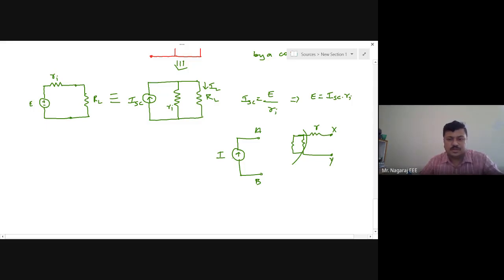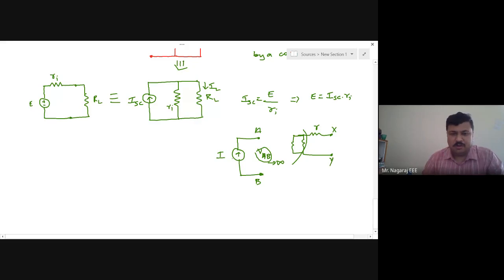But that is not the case with the terminals A and B here, because this source has that much capacity to make the current flow. It will continuously try to make the current flow from A to B. How will it do that? It will start developing a large potential difference between A and B. And because this is open circuit, the potential developed between A and B will tend to infinity, and current starts flowing. Please remember, this is all analysis.